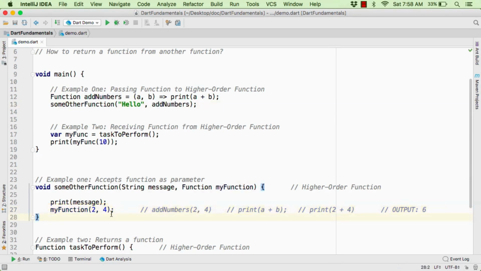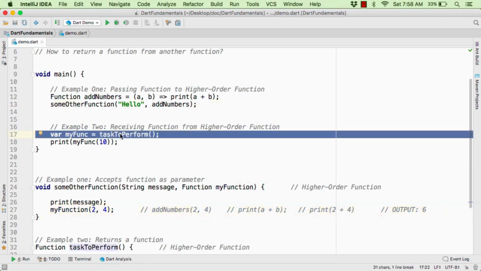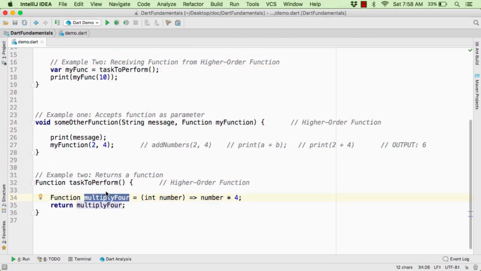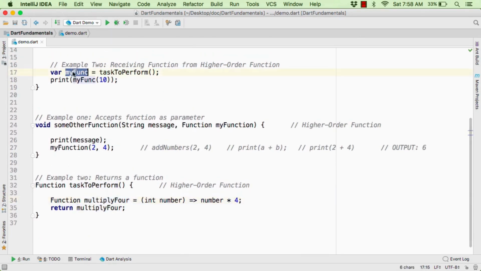Now the same applies for the second example as well, that is taskToPerform. So when this function is called, it simply returns multiply by 4. So myFunction will now become multiply by 4. Now myFunction accepts one integer value as a parameter. So here this will be interpreted as multiply 4, and as a parameter we are passing 10.